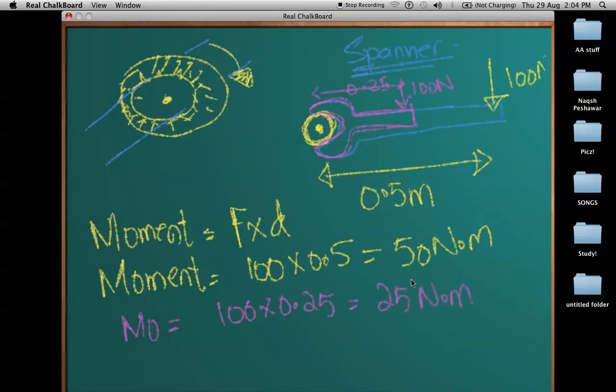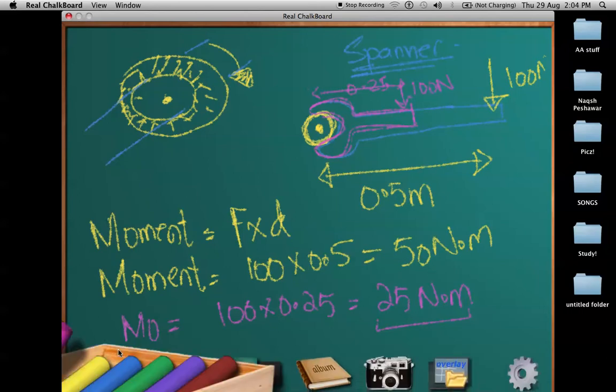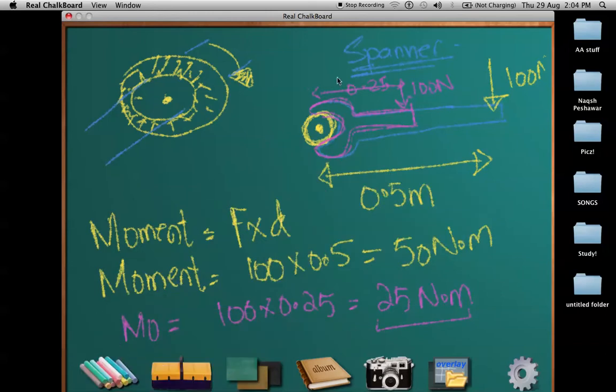This means that the same force would give me lesser turning effect, and it would make it difficult for me to turn it around compared to a longer spanner. And if I need to have the same moment, I will have to double the force. Let's see, for this shorter spanner, if I apply 200 newtons here on the shorter spanner,